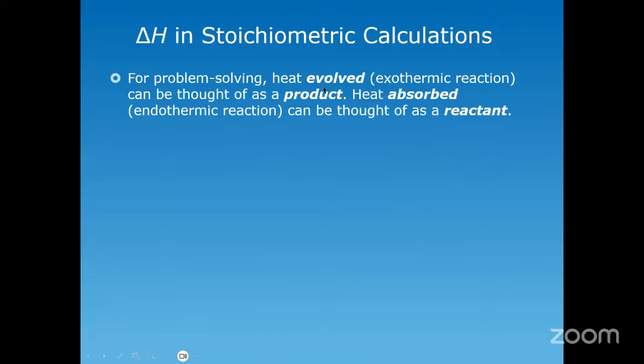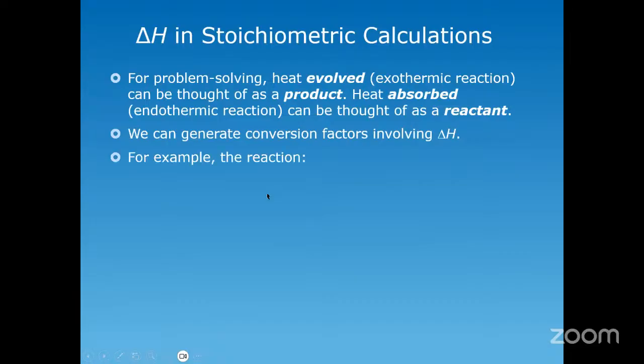When it comes to solving problems involving enthalpy changes, you can look at heat change as a product if the reaction is exothermic, and if the reaction is endothermic, you can look at the heat change as a reactant, right? And therefore we can generate conversion factors involving delta H based on the balanced equation along with the enthalpy change